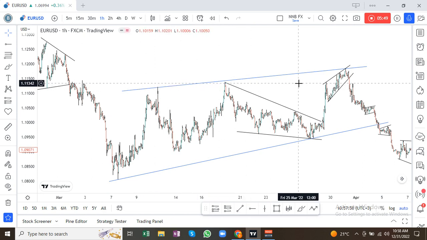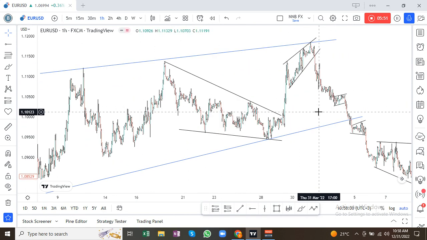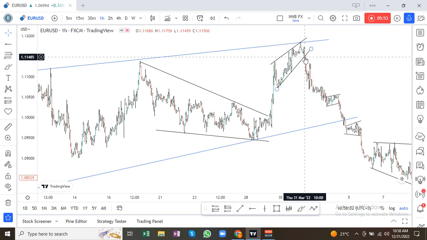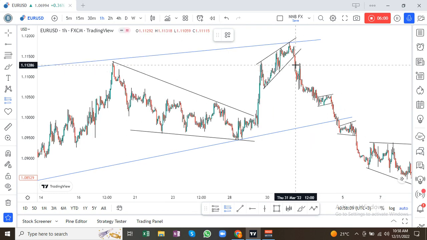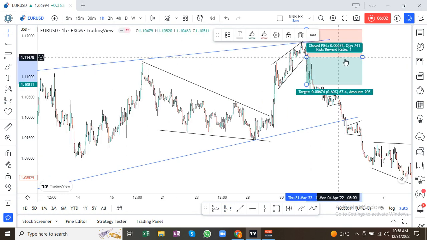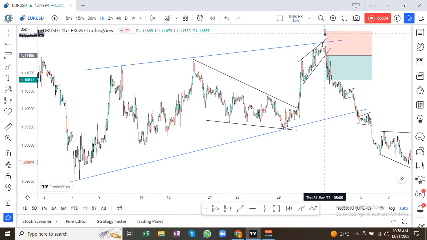First touch, second touch, third touch. If you manage to enter the trade from here with a reduced risk entry, I'll just show you. I was supposed to show you this in the next class, but I'll just show you. If you enter the trade from here